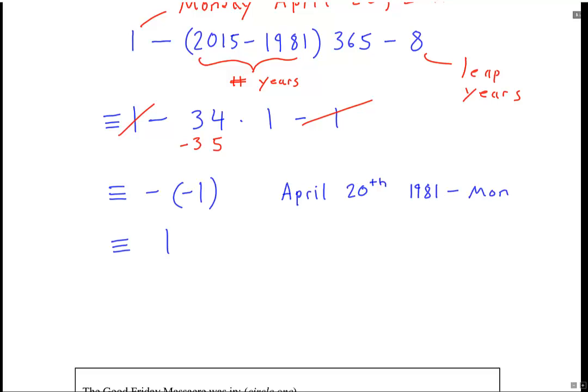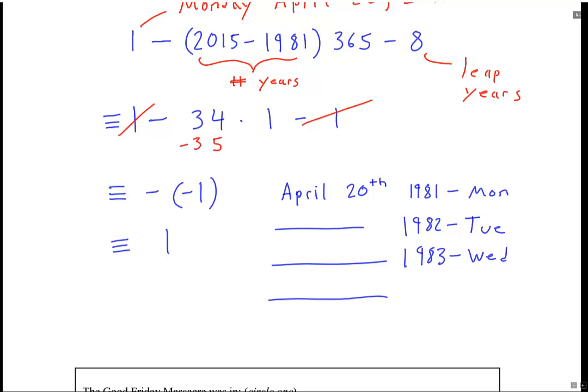Okay, what about the next year? April 20th of 1982 would be a Tuesday, because one whole year would add 365 days, which is congruent to 1 in mod 7. The very next year, 1983, would be a Wednesday. And then the final choice that was given in the question, 1984,